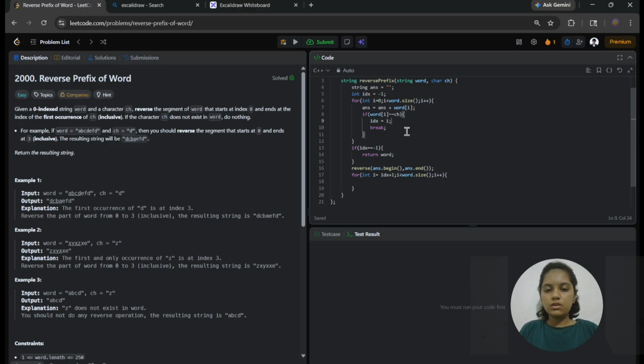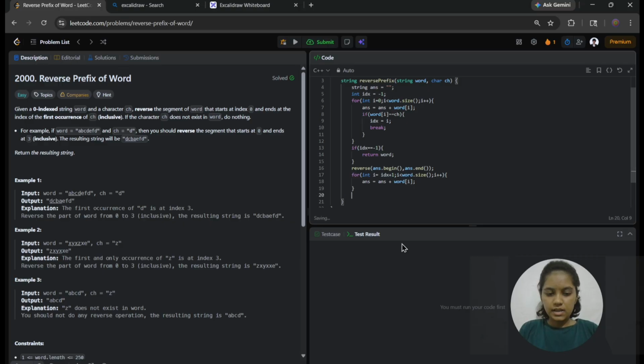So I have to add the characters from the next position, which is word of I, in the answer string.